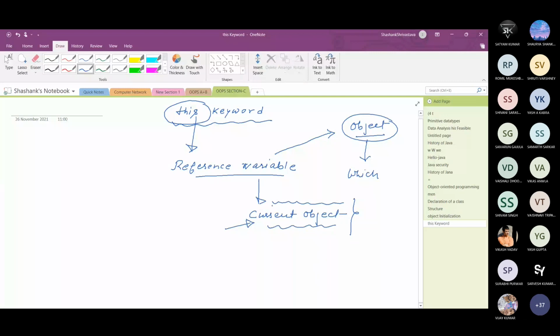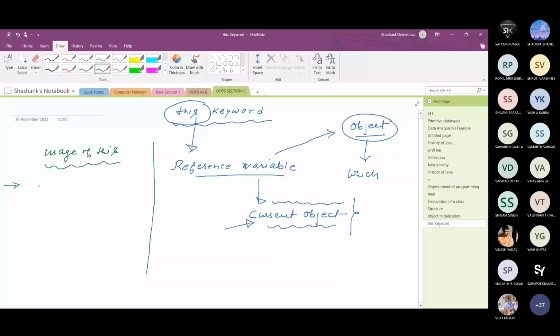Now, what are the uses of this keyword? First let us see the various uses, then we will discuss each use with the help of an example.